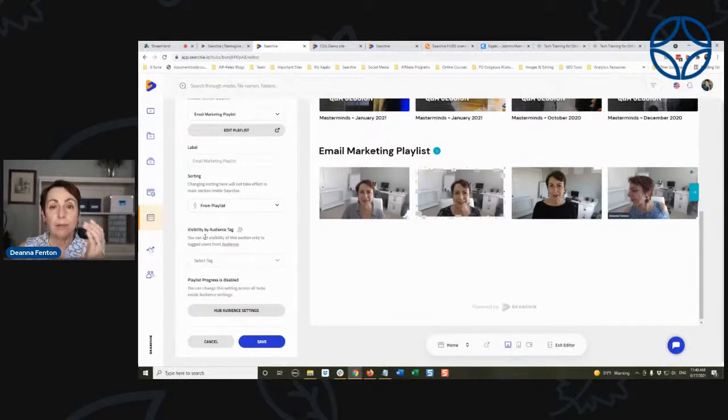That means you can have a hub or a section accessible only by people that have an audience tag or are part of an audience segment.